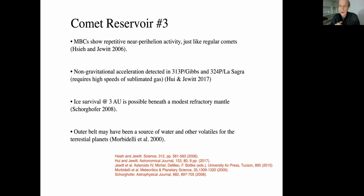So we think the outer asteroid belt is the third existing known comet reservoir after the Oort cloud and the Kuiper belt. We've got the asteroid belt that contains the main belt comets, which are these icy asteroids that have preserved ice against the heat of the sun for billions of years. Okay, we have additional evidence in support of